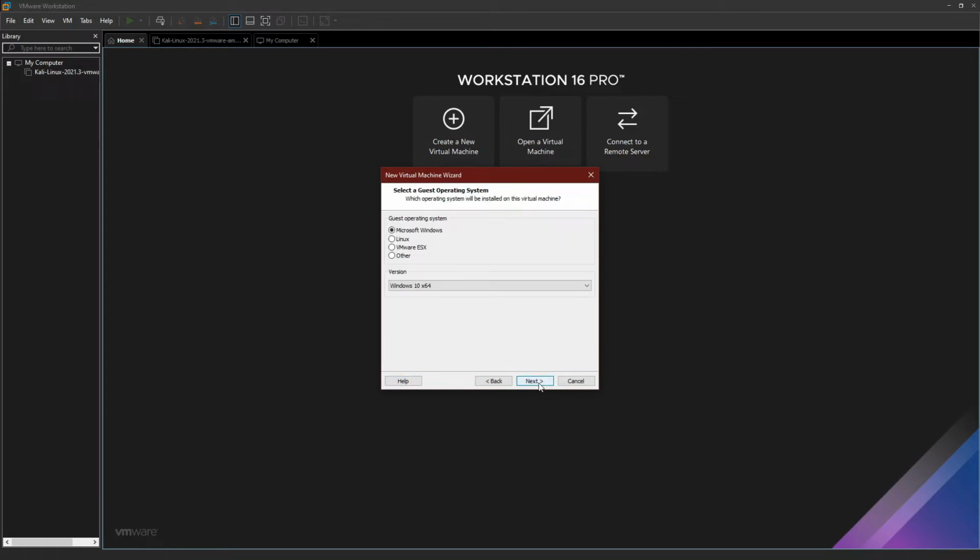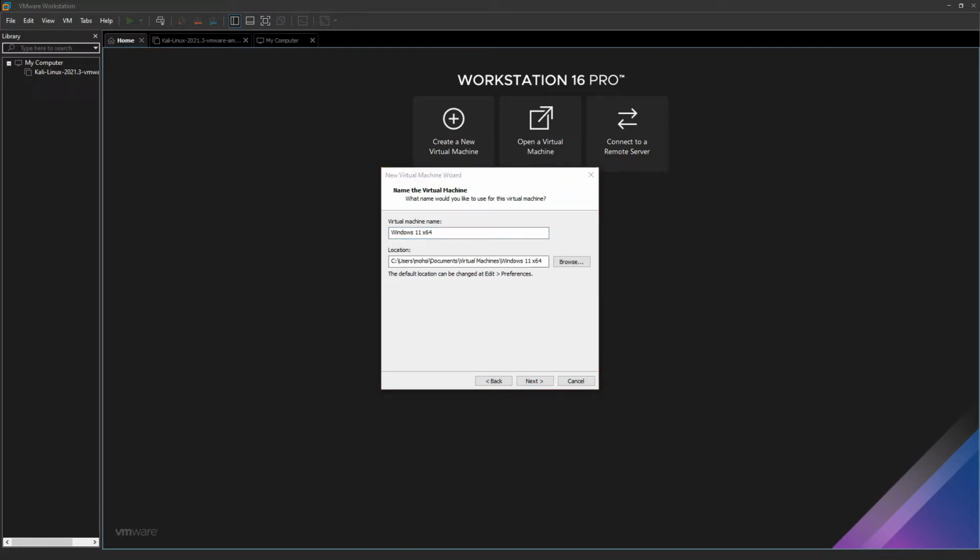It says Windows 10 64 version, but that's alright, doesn't matter, just click on Next. You can choose whatever machine name you prefer. I'm gonna choose Windows 11 here. And the location where you want to store the virtual image files. I'm using the D drive for my virtual machines, so I'm gonna set that up here.